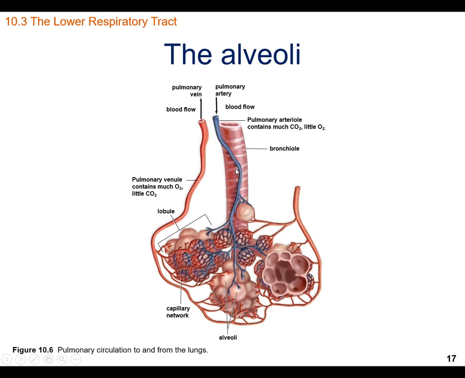And these are high in carbon dioxide, low in oxygen. When the blood's delivered, they dump the carbon dioxide and pull in the oxygen, becoming oxygen rich. The carbon dioxide is now in the alveolar sac and can be exhaled. The oxygen has moved into the bloodstream, and as it moves back into the bloodstream, you can see it's being returned to the heart so that it can be pumped out to the